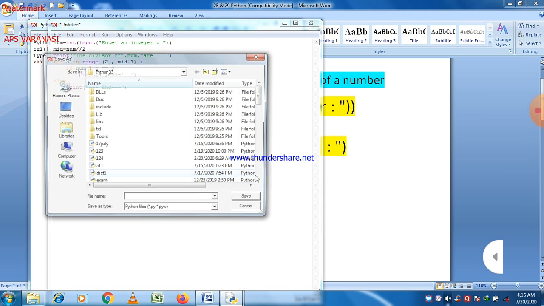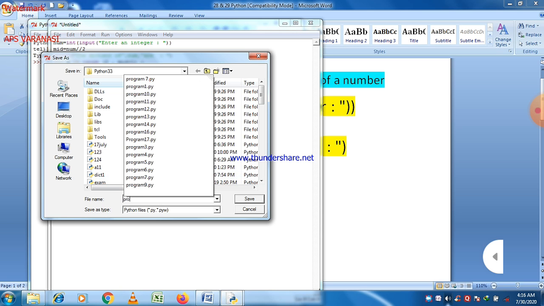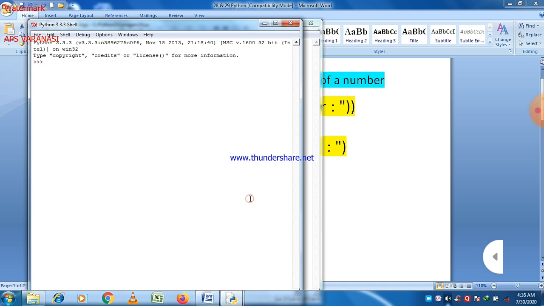First of all, if we don't save this program, then save it using the .py extension. Give any program name here, just give a program name like 24 or 23, whatever you want, and just see here, enter an integer.